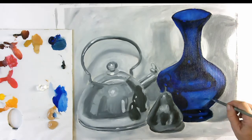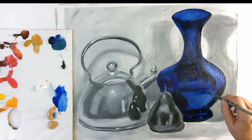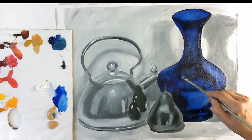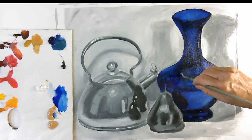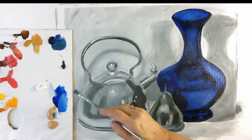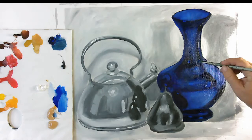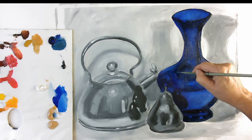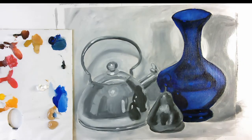So there we go. And then what I'm doing now is blending, so actually fluffing the brush strokes away. And there's something going on here. Let's put something in there. Getting a reflection of something over here. There we go. So you can see how easy this process of glazing is, and it's a lovely way of painting shiny objects. So what I'm going to do now is actually pick up a clean brush, I hope,